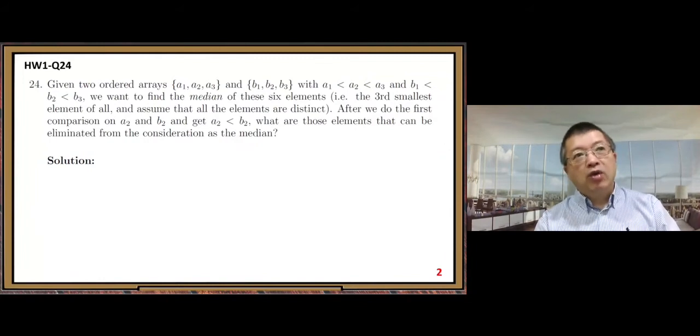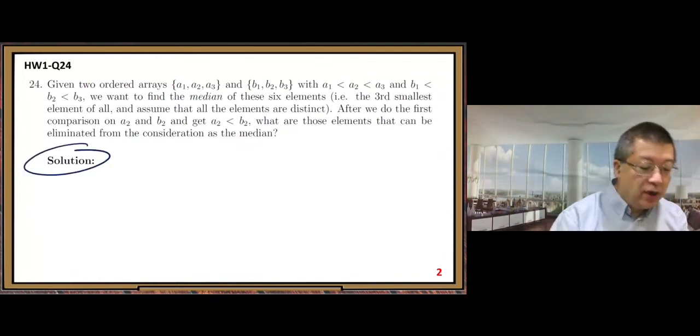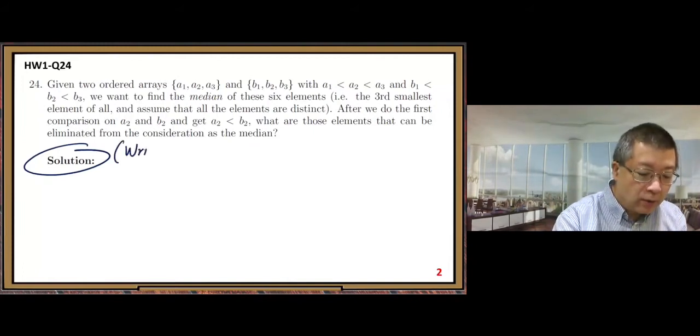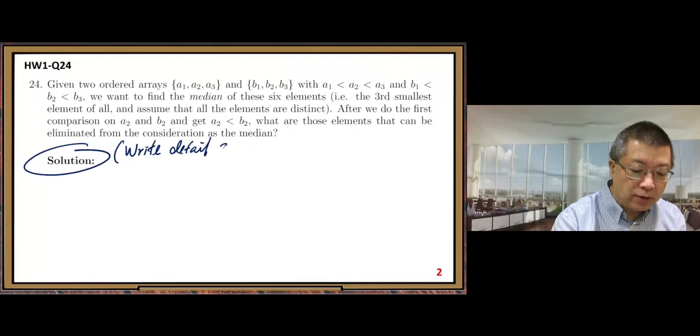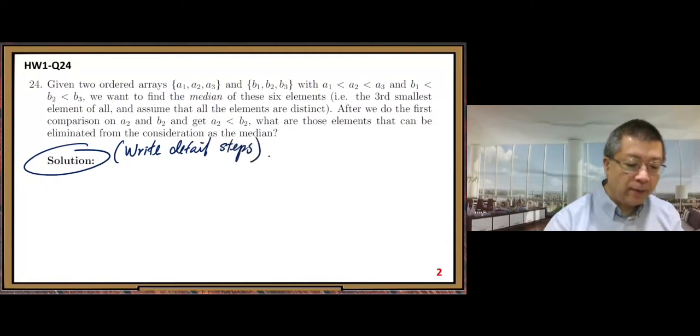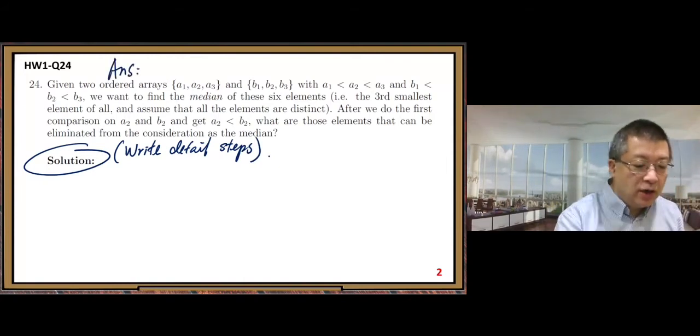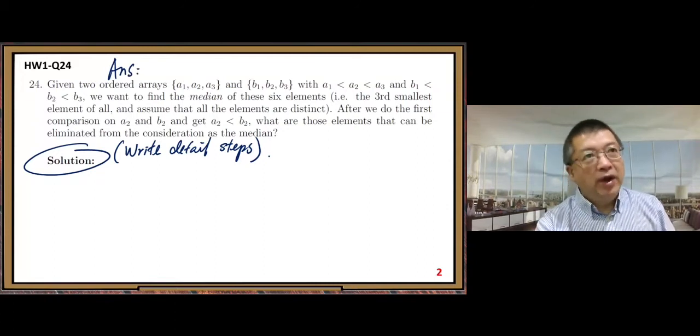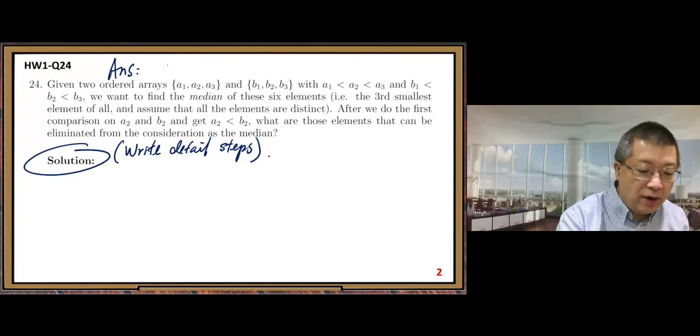Question number 24, you see solution here. When you see solution, I expect you write detailed steps. All right? The previous ones where you see answer, you do not need to write detailed steps. So the minimum is you just write the answer. That's okay. But sometimes if you can write a few more steps, especially important steps, you can earn